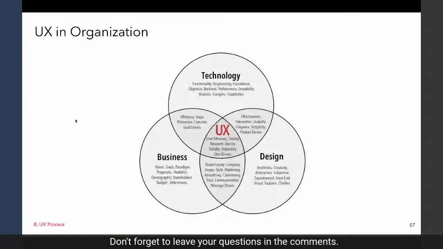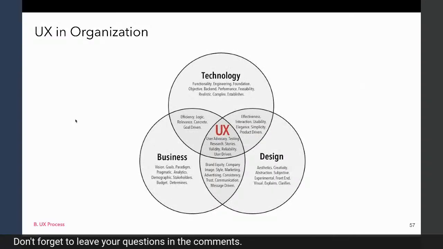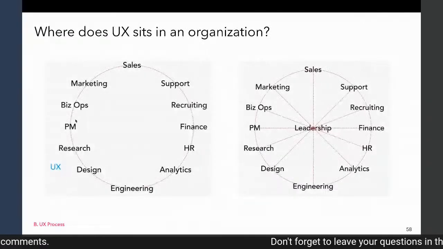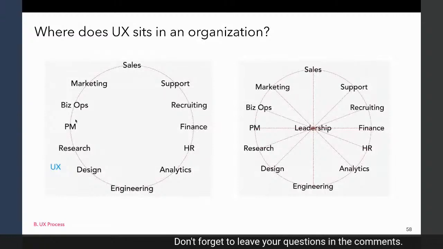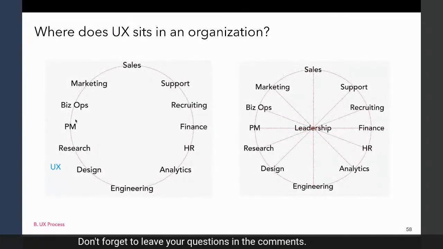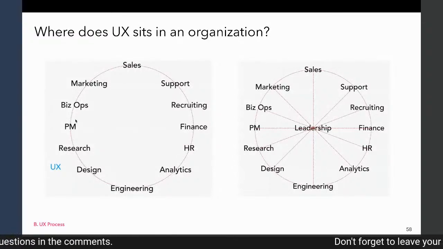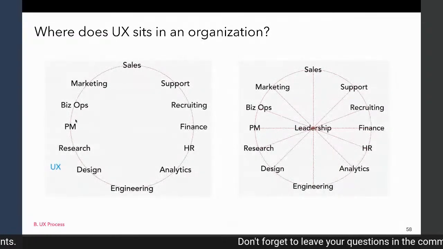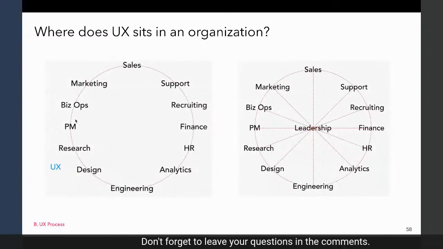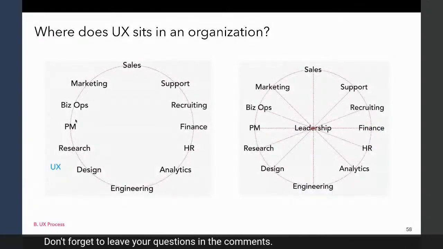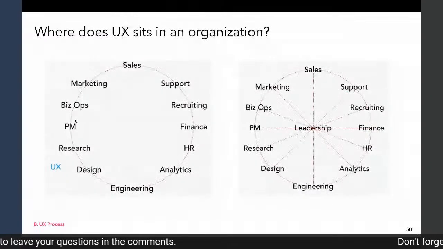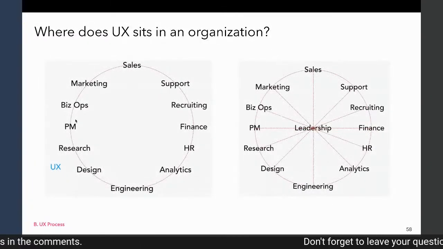I got an idea from a talk of Paul Adams from Intercom, and this is what he mentioned, that UX is actually outside, and these are the different departments in an organization, and the leadership is very important in terms of where UX sits.